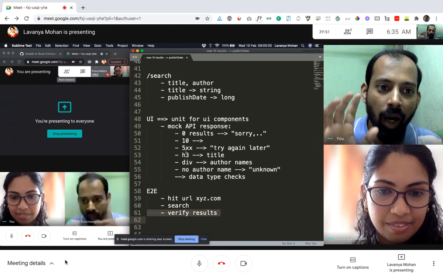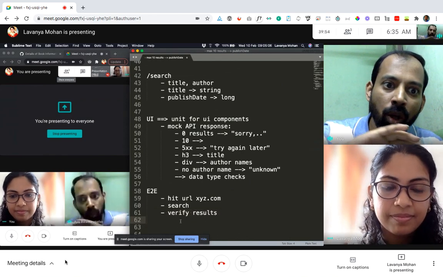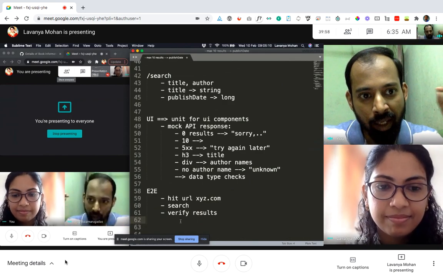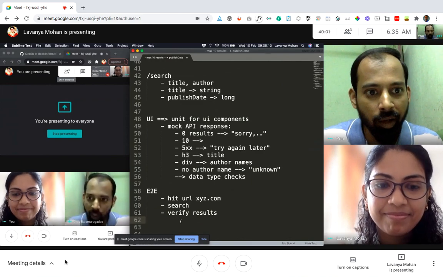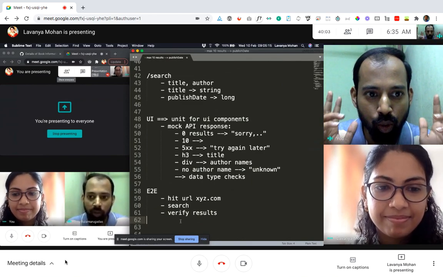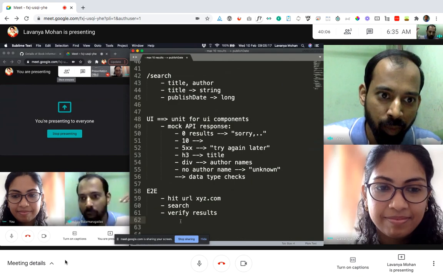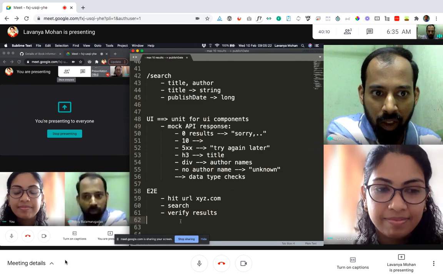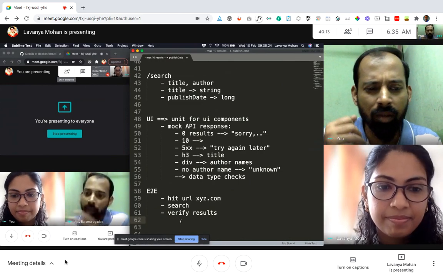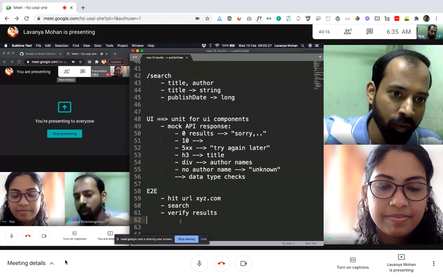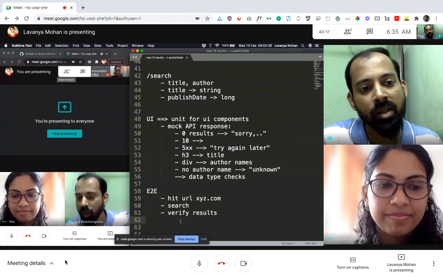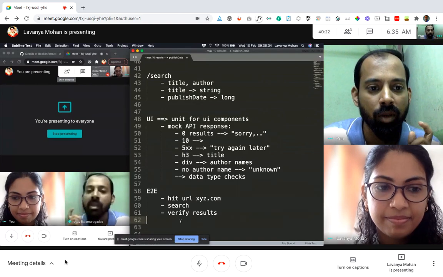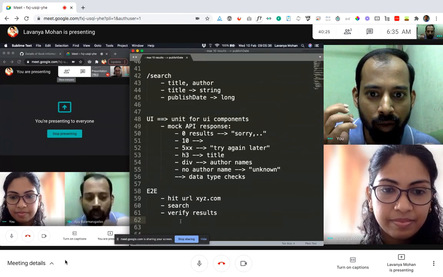That is one. The other is, without any knowledge of these unit tests, go ahead and test right at that E2E and see if it works. So these two things. One is being aware of what's being tested and checking if it is carried over to the E2E. The other is that I don't have any idea of the unit tests which have been done. Let me just test as a user, this is what I want to do, and see what happens. At least these two things I'm very curious to do now.